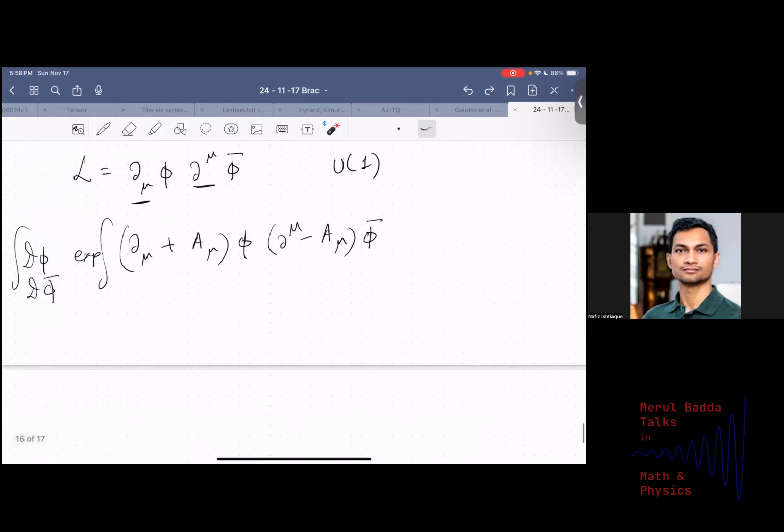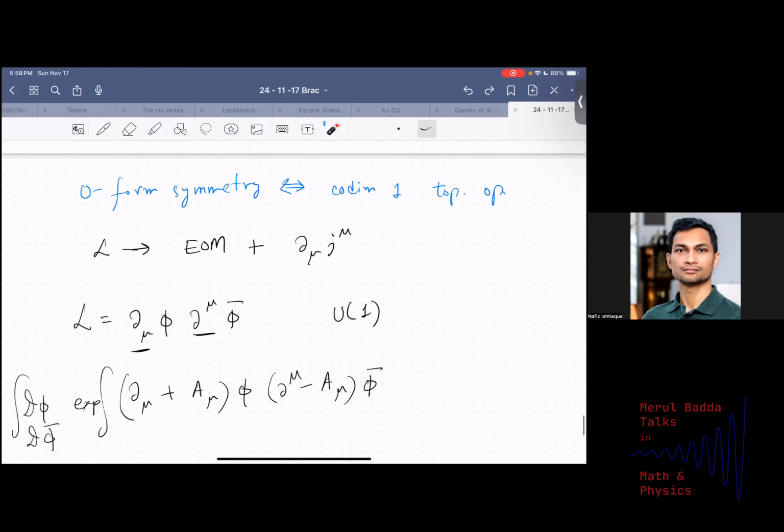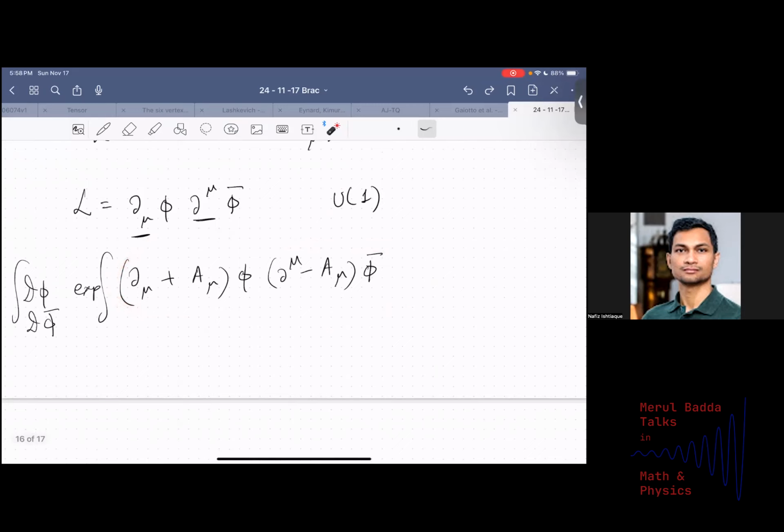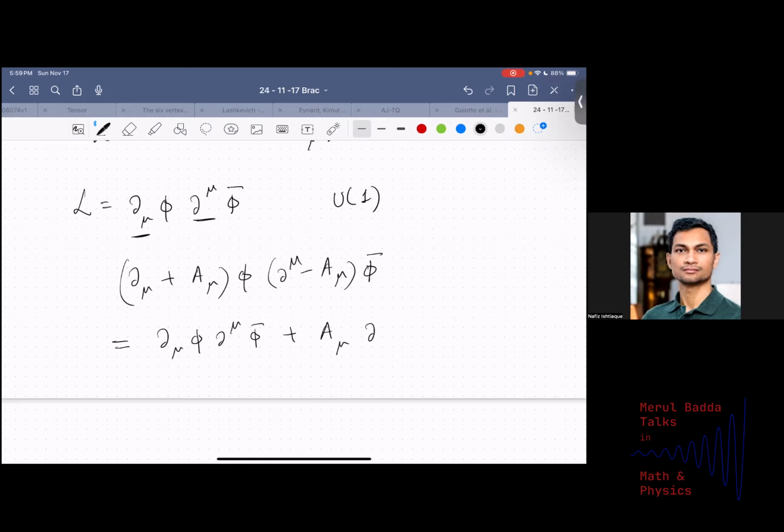And yeah, the reason that I'm saying this is that one way to derive what the Noether current looks like for a given global symmetry in your theory is to couple it to a background connection, such as this, and then expand it. So break down this product into sums, and then look at the terms that are linear in the connection, and the coefficient of that term is going to be the current. So if I expand my Lagrangian, well, the first term is what it was before, right? And then the next term is going to be A mu. Yeah, and you can kind of see that it's going to be